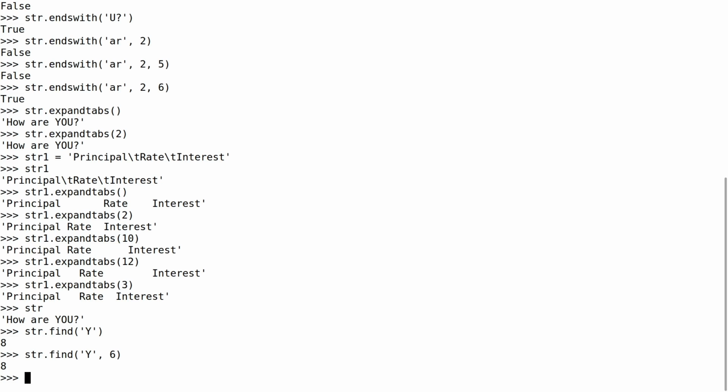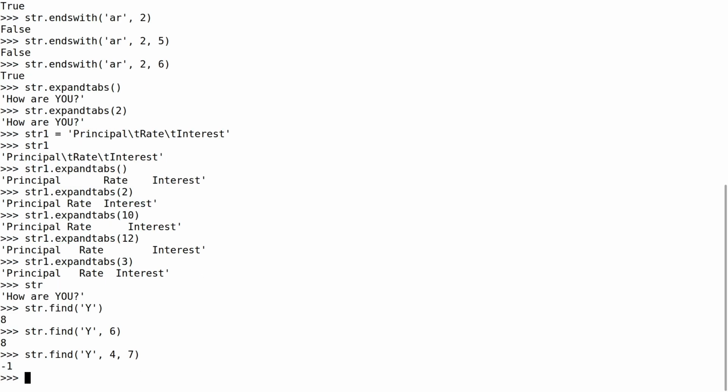Okay. Now find 4, maybe 4 comma 7. I want it to search in the string str, but starting from location number 4 and up to but not including location number 7. So it means 4, 5, 6. Does 5 appear in this piece? So it says -1. So when find does not find a substring in another string, it